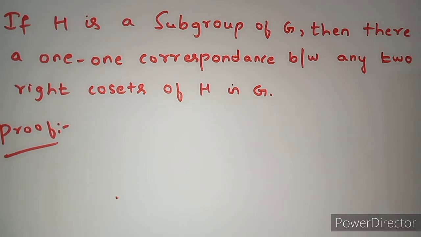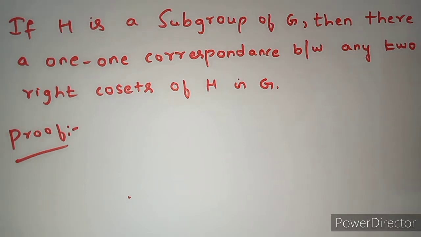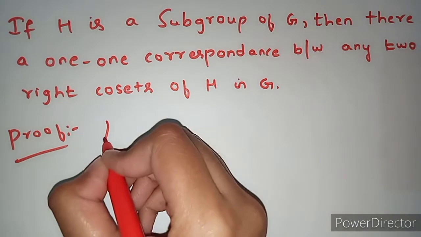For that we have to take two right cosets, and let those right cosets be Ha and Hb. Then we have to define a mapping from Ha to Hb. Then we have to show that the mapping is well defined, 1-1 and onto. Okay, so this is the process. So let's get started. For the generation of right cosets, we have to take elements from the group. So let us consider